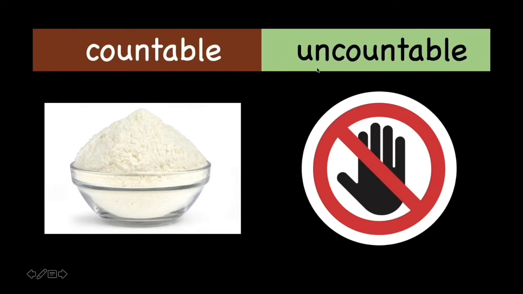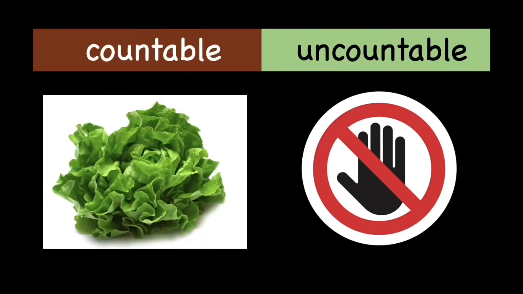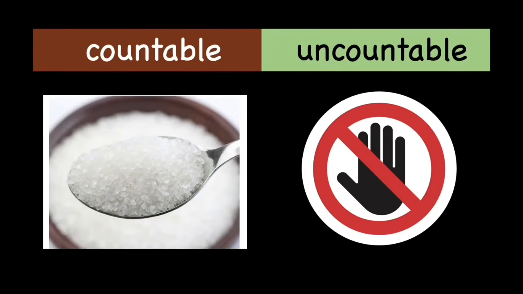So flour is an uncountable noun. Tak boleh dikira, guys. The next one is lettuce. Lettuce is also an uncountable noun. Let's move on to the next one. Sugar. Sugar is too small to be counted. So they are also uncountable nouns. Can you count the sugar, guys? No, we can't. Uncountable nouns are the nouns that you can